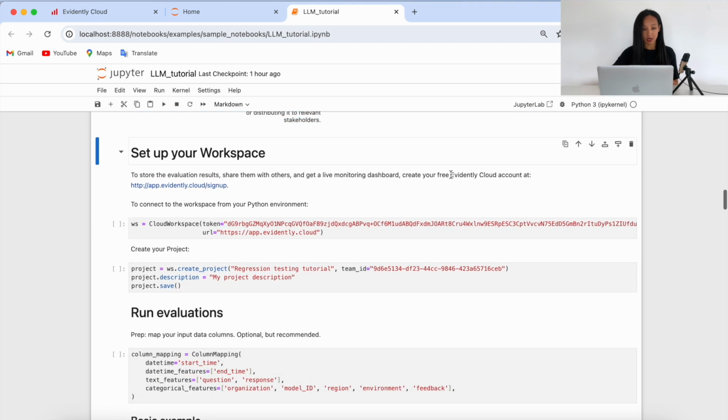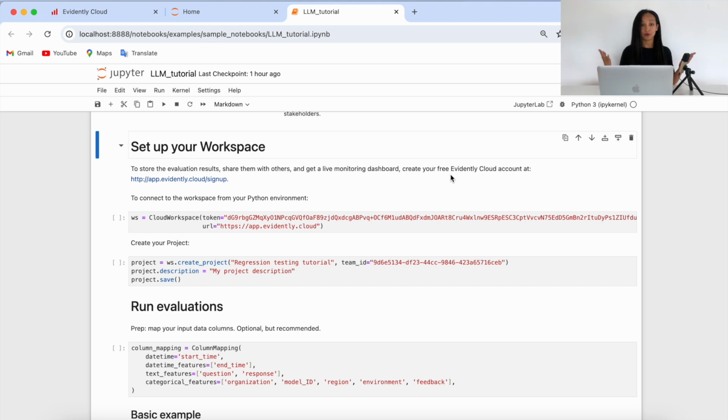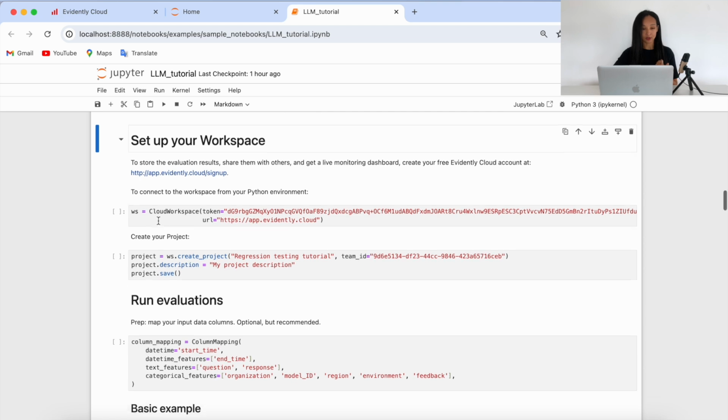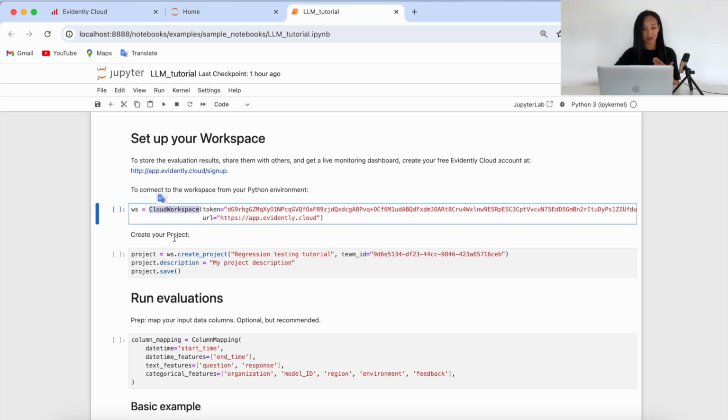And now let's set up our workspace. As I told you before, Evidently has a very nice cloud where you can build a dashboard. In order to be able to send your evaluation results to the cloud, you would need to first sign up and then connect your work environment to the cloud. In order to create your account, please visit evidently.cloud, sign up, here is a link, and I already have an account. In order to configure my cloud workspace, I need to create cloud workspace object, here it is, and specify token and URL. URL is the following